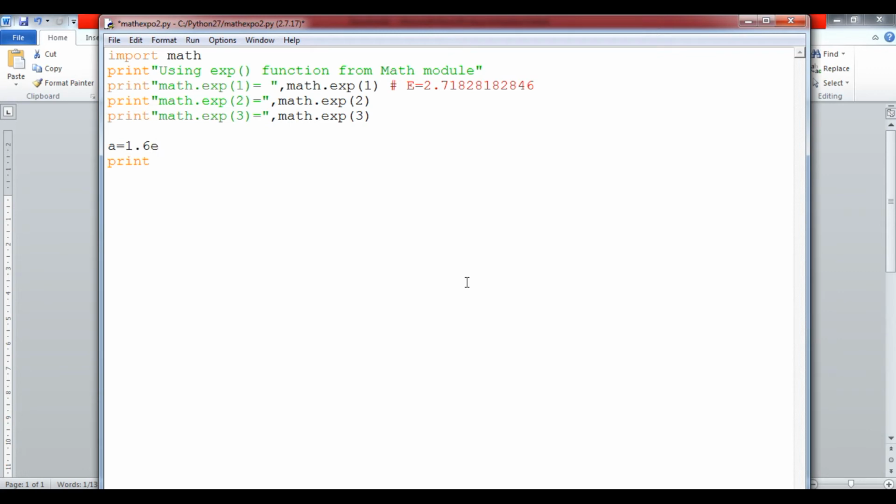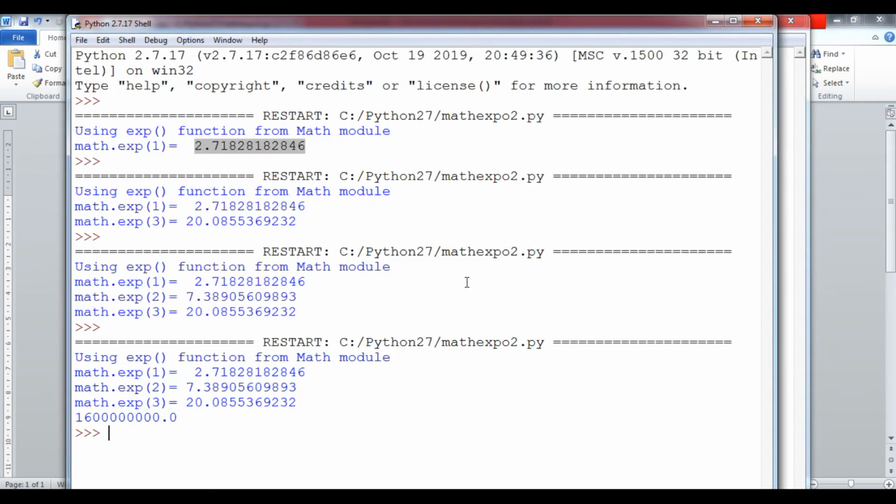Do not use any kind of multiplication sign or asterisk in place of e, simply e. Here it is 10 to the power 9, so the exponent is 9. Now I am going to just print a. Let's see what the output will be. Now you can see this will come: 1.6 e to the 9.